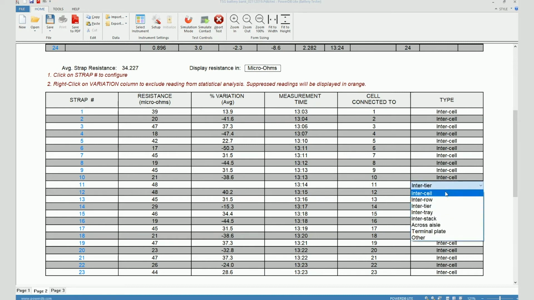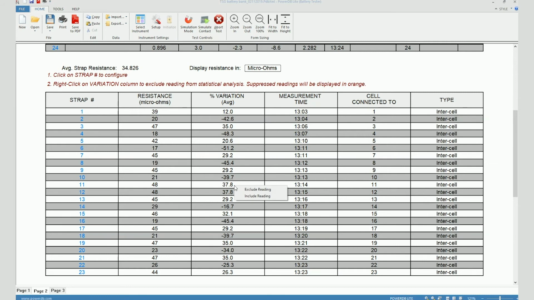If you do not change the connection type here, let's say all of your connections are intercell connections, but you still want to exclude a reading from the average calculation, you can still do that by right-clicking on the percentage variation cell for that particular connection. Two options come up. When you select exclude reading, you will see that the percentage variation for that particular connection is now displayed in orange. All the other percentage variations are recalculated. You will see a different average appear on top there, and that basically means that that particular cell has now been disregarded